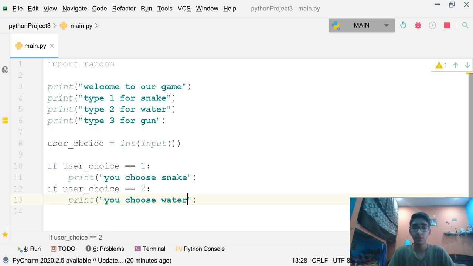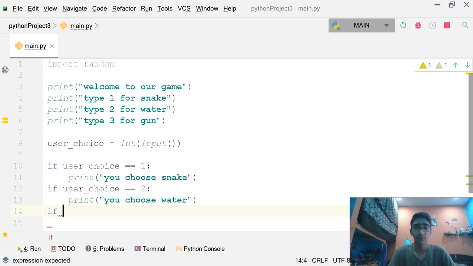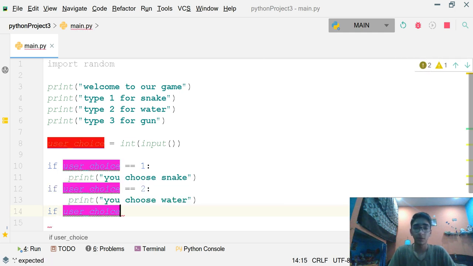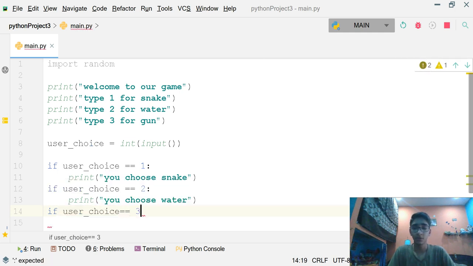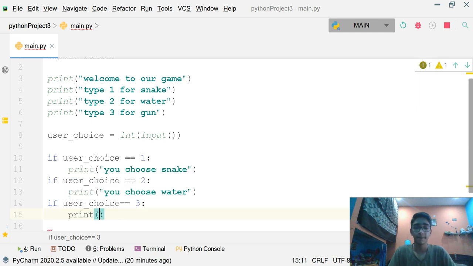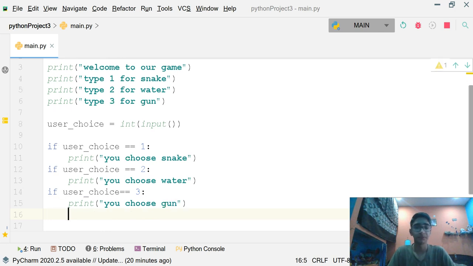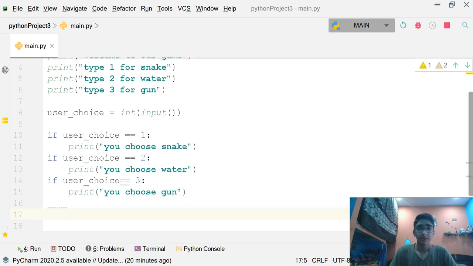And again another print statement, you choose gun. Now let's see if this is working or not.